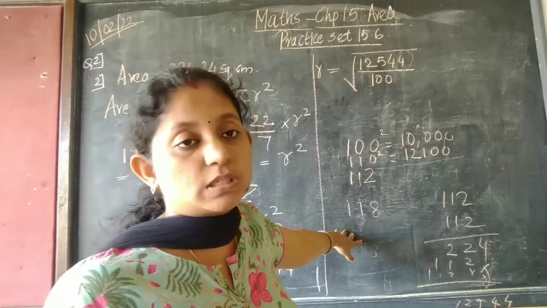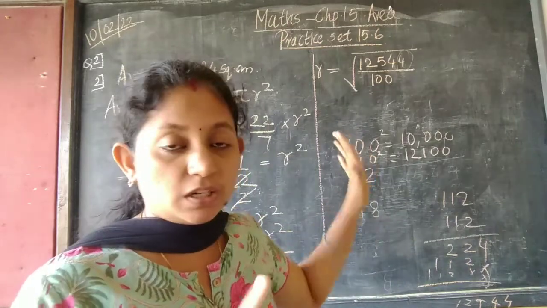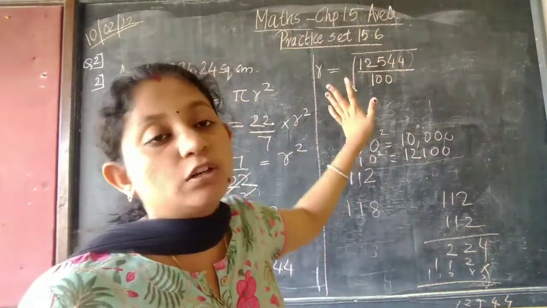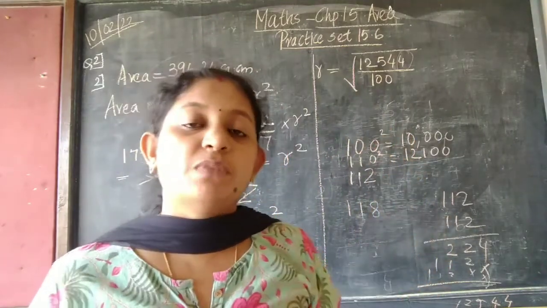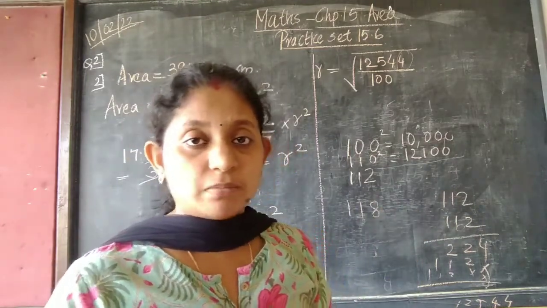So like that you should use some tricks or others to find the answer. Now if you find this method difficult, forget it. Use any other method to find the square root, but you need to find the square root. So you have to find some way. Many YouTube videos are there about how to find square root easily, so you can see any other method also.